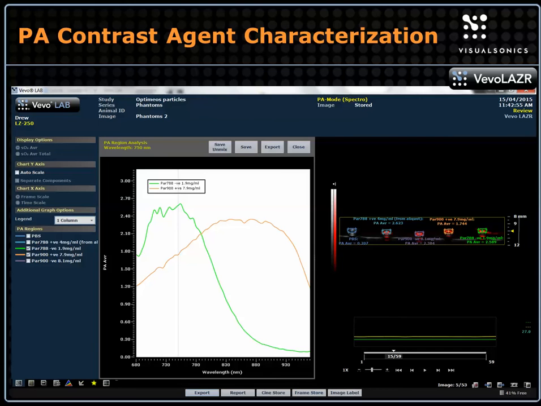The next step is to characterize or quantify what we're seeing within the phantom. So we've got our image over here. We draw these ROIs around the different areas of the tubing, and that generates these curves here. On the x-axis, you can see we've got wavelength down here. On the y-axis, you can see we've got signal intensity. Now I've chosen just to display these two here. So we're using these two